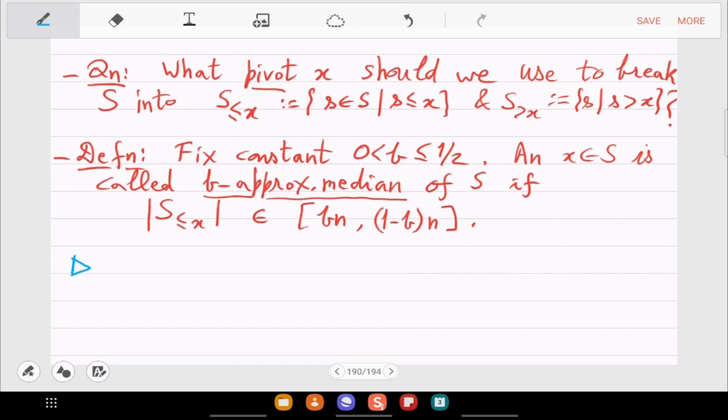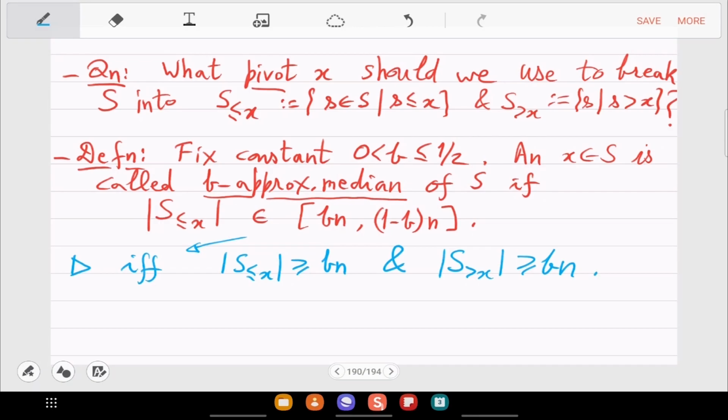And this condition is equivalent to saying that the size of S less than or equal to x is at least bn, and S greater than x is also at least bn. In other words, I could have also defined a b approximate median to be an x such that when you look at the two parts, both are at least bn.